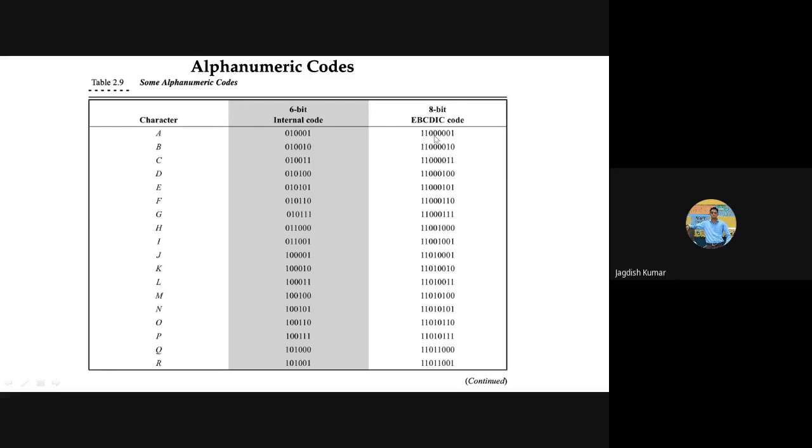The advantage of this is that when you have designed your device, one person can't do each and everything. So you can ask your collaborators to make the processing software or respective hardware as per the coding table which you provide them. Say I am following 6-bit internal code. So I ask somebody, I have designed a software for 6-bit internal code, so you design hardware accordingly in such a way that when you press A, your output in binary form is 10001 and so on. So you follow that specific table.